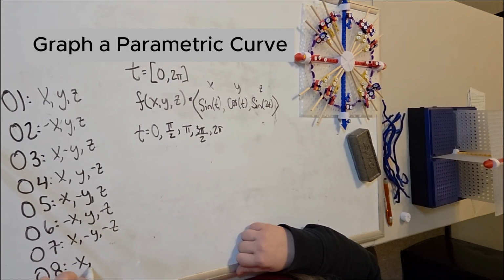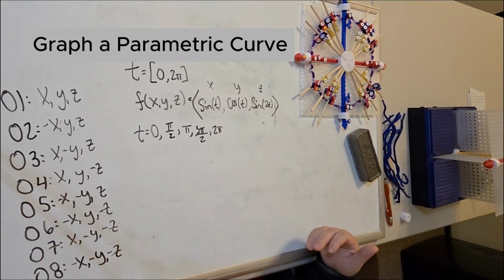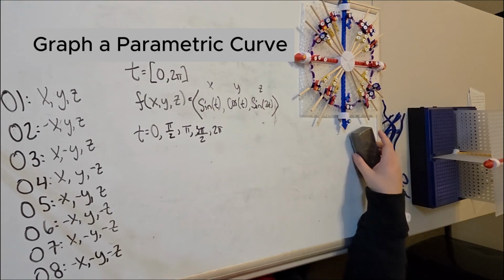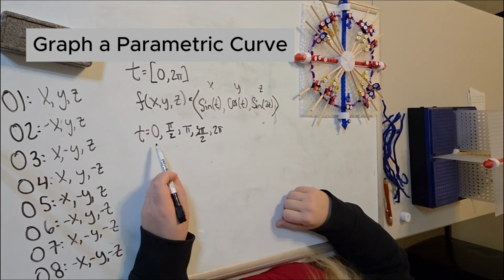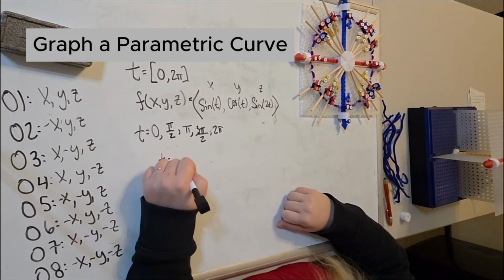And then lastly, when everybody is negative, that's our last octant. So that's how I've iterated through them. I'm going to go ahead and label all the coordinate points we find as we go through this to see what octant we're working in. So the first one, when t equals 0,